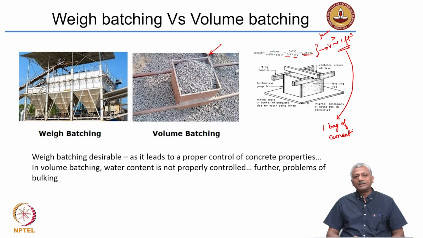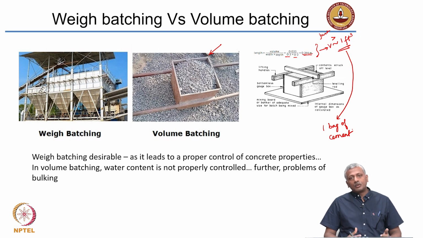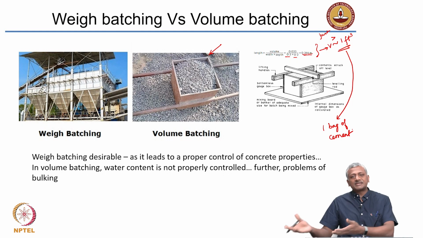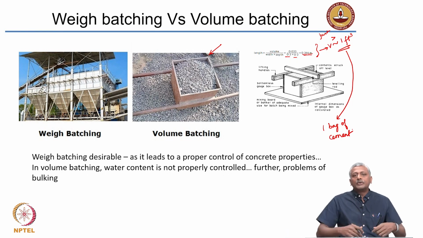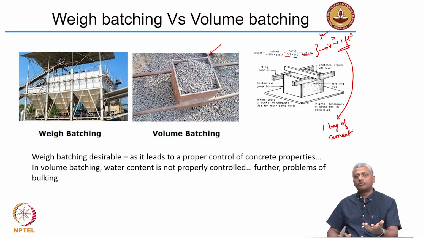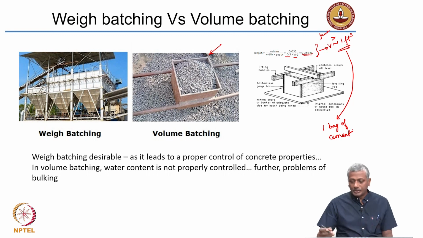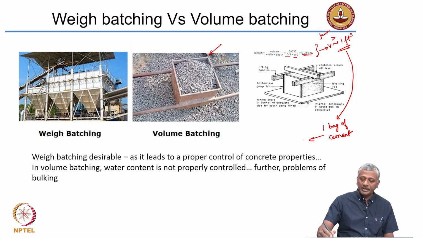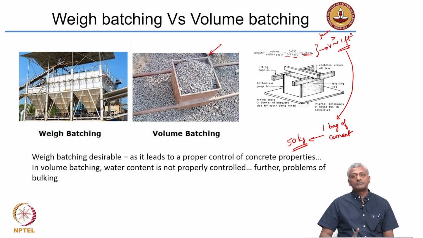Now what is the advantage of that? The advantage is, now in your mixer, you don't need to measure the cement in this volumetric bucket and pour it. You can directly pour the cement from the bag itself, because this bucket is exactly measuring a volume equivalent to 1 bag. So you only need to make measurement for sand and stone. So that's why 1 bag of cement typically weighs 50 kilograms, for the purpose that this 50 kilogram bag will exactly fit into the volume of this container that is used for volume batching.